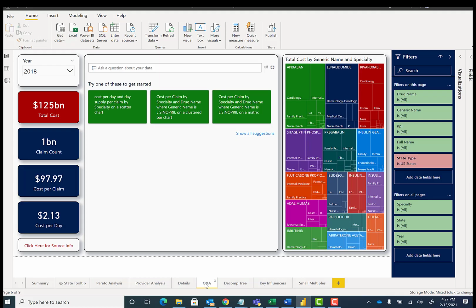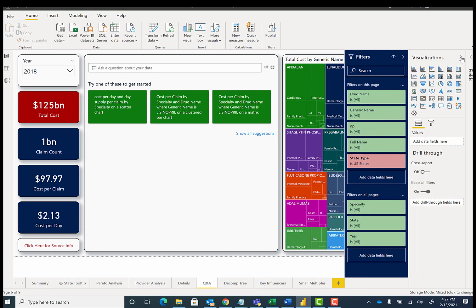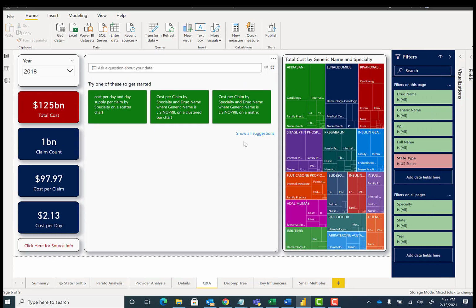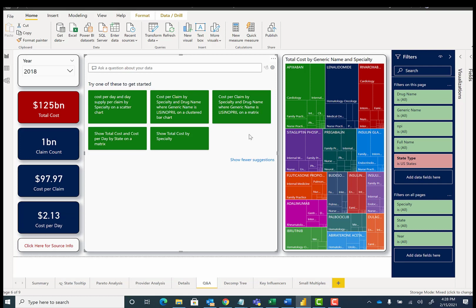Q&A is an amazing feature that just keeps getting better. This is actually a visualization that you just add to this page. You'll see right here, it's a little question box. I've added a few suggested questions so you can get some interesting insights and kind of learn how to ask